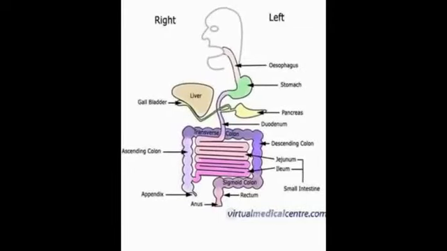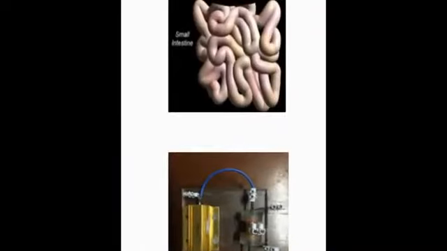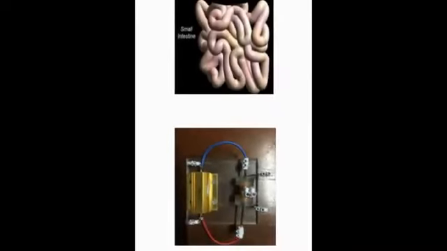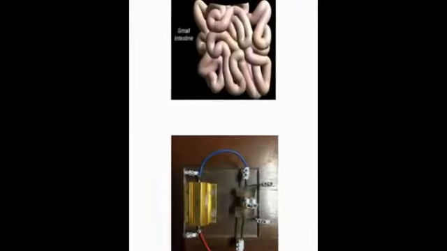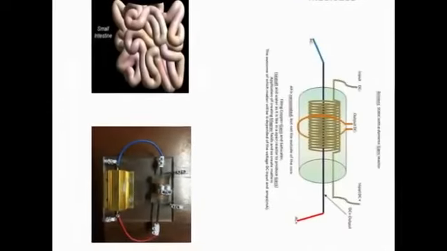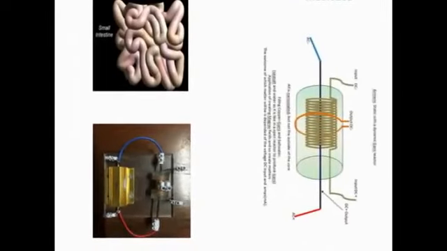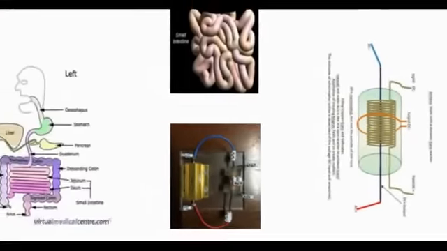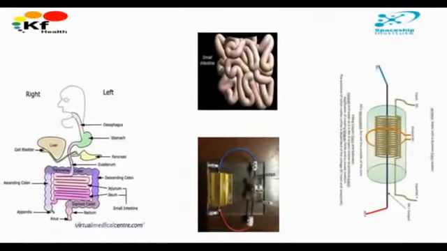As you see, the shape is similar to the shape of the hemispheres of our brain, and also the shape of the new small reactor device that Armen made. Exactly, if you compare the left and right side of that slide, you see that the coil inside of the reactor of Armen is like our intestines, and the large intestine is the outer core